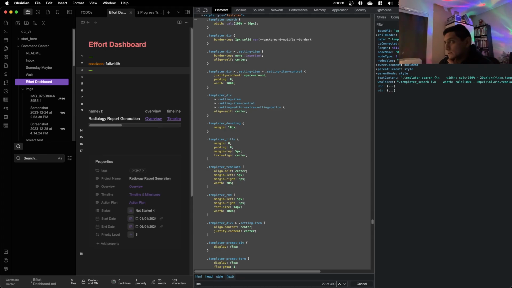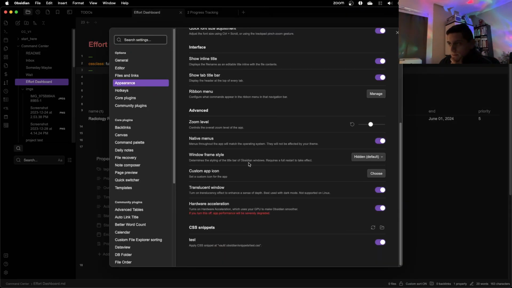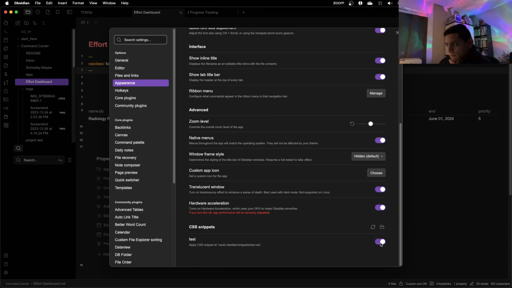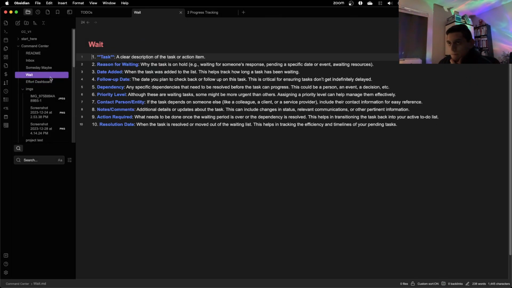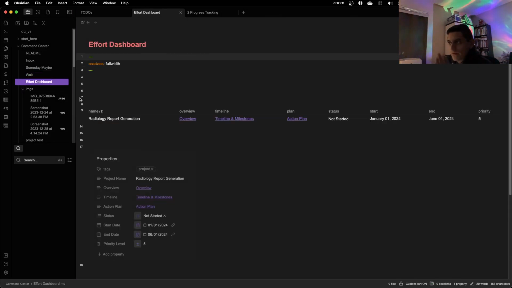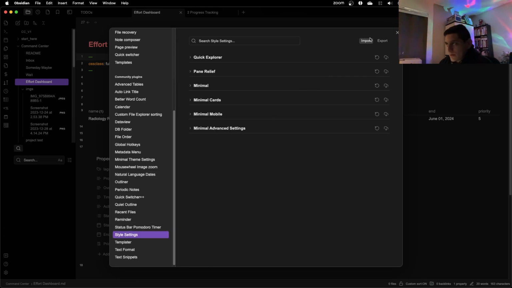So we should see everything turn red, or all the text turn red. So turn it off, reload, turn it on. I don't know. Maybe it's because I have style settings on. Let's disable this.